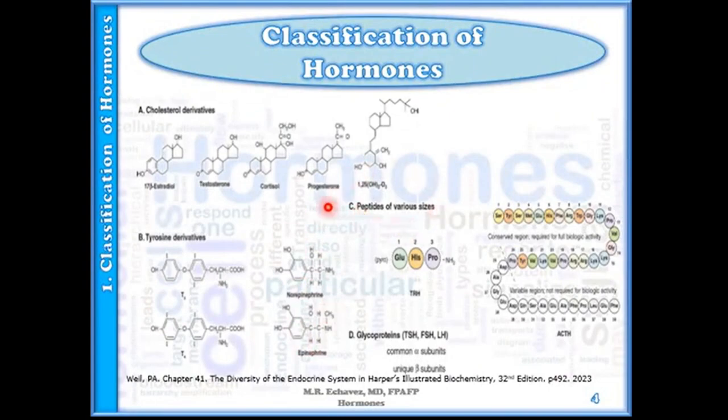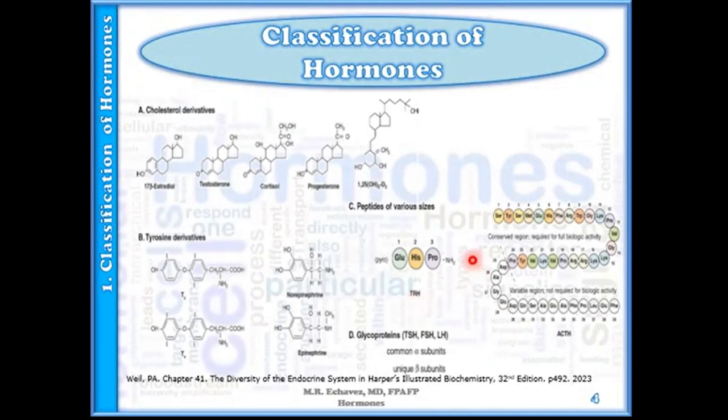classifications. For your peptides of various sizes, you have amino acids. It can be as short as thyrotropin-releasing hormone, having only 3 amino acids. And you have ACTH, which is composed of a series of amino acids. It is good to note that ACTH is just one of the 4 hormones that can be cleaved from the POMC protein. So your pro-opiomelanocortin gene will synthesize this protein, and ACTH is one of those 4 hormones derived from it.